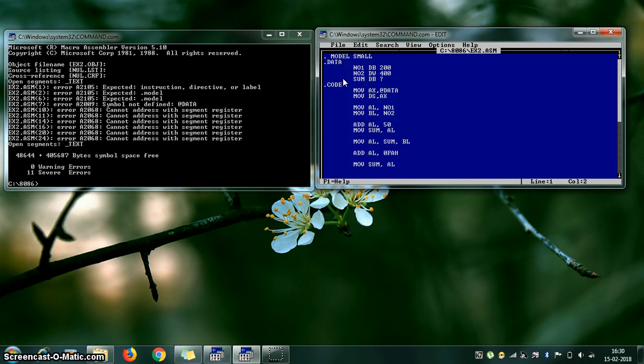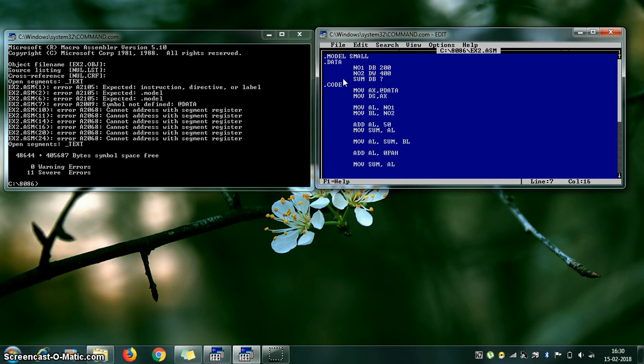Okay, you have put a space between the dot and model. That space you have to remove. That's why it's expecting an instruction, directive or label. So I removed it. Then line number 2 is again because of that .MODEL. Line number 6 is also because of the space between dot and model. Again the same at line number 7, because of the space between dot and model in the first line, the first error.